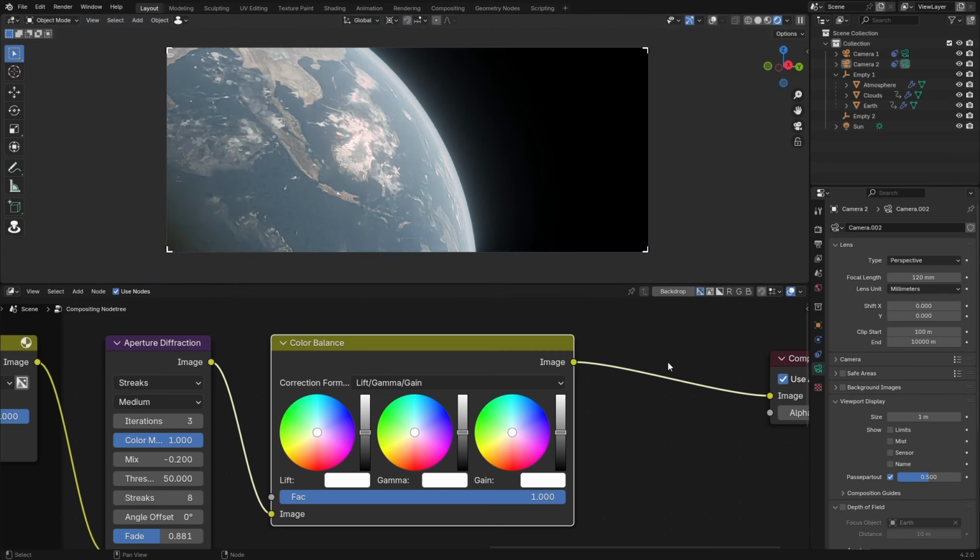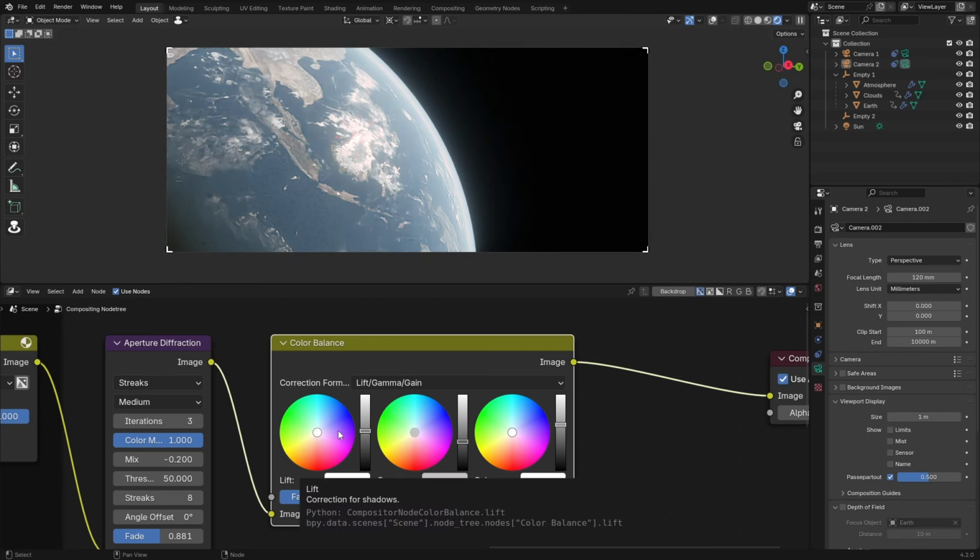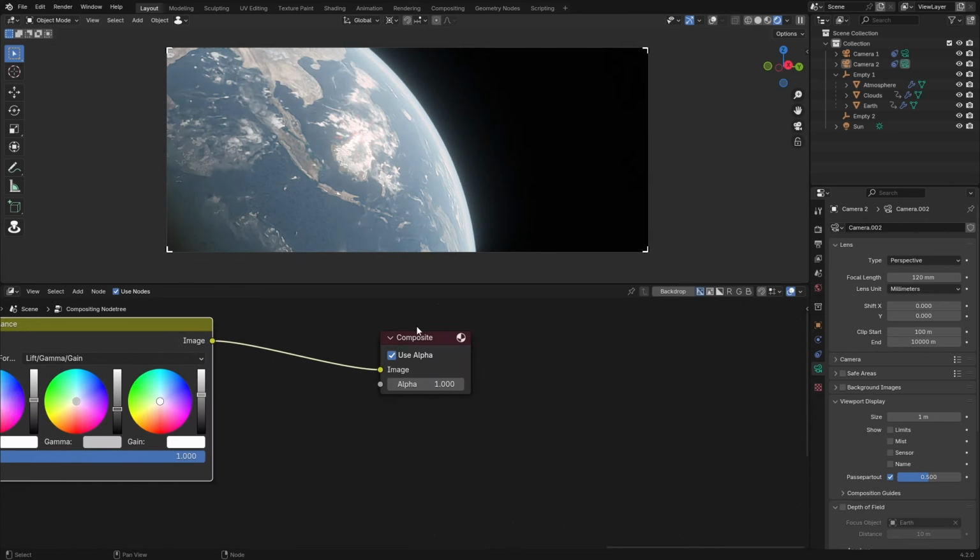Because we don't have any vector scopes, we have to eyeball this, so we can increase the exposure on the highlights, play a little bit with the midtones, and then the shadows as well. We can also introduce some color into this, but I want to save that for our